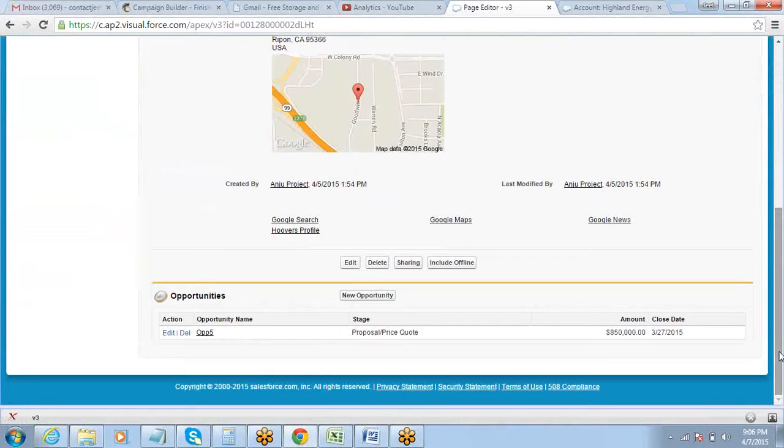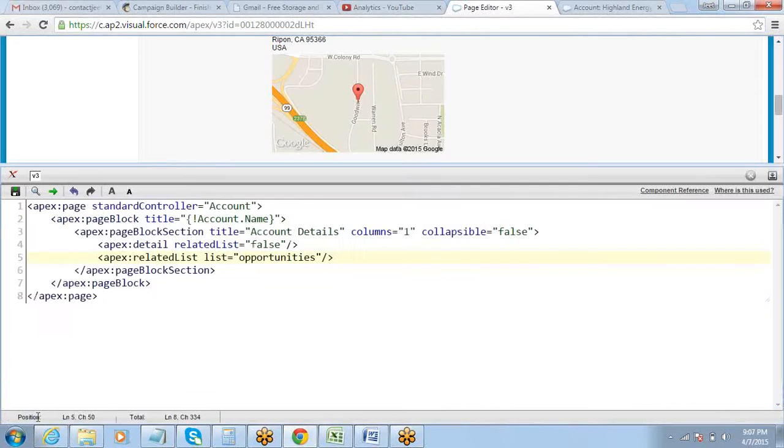Here it is. So only the opportunity part is coming. Correct? So this way you can design your page as per the requirement. You can display the details as well as the related lists as per our requirement. Alright. If you want one more related list,